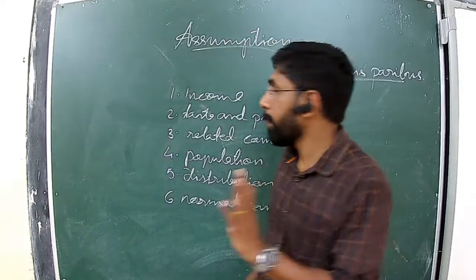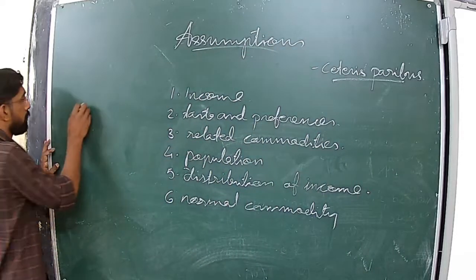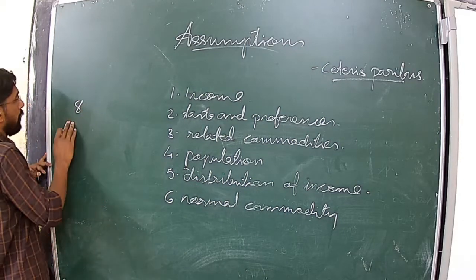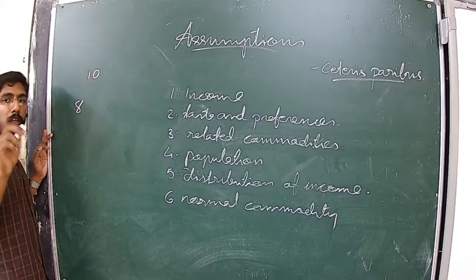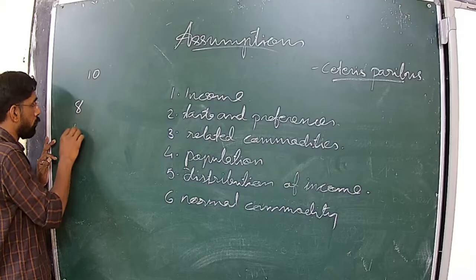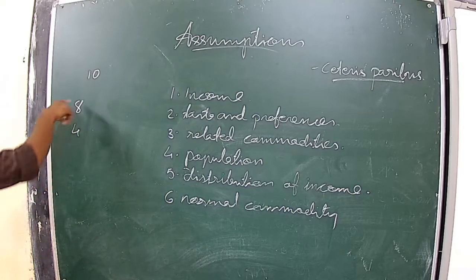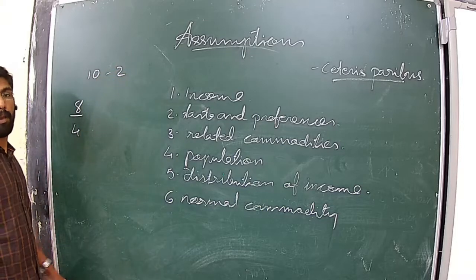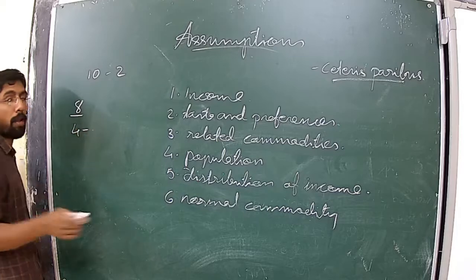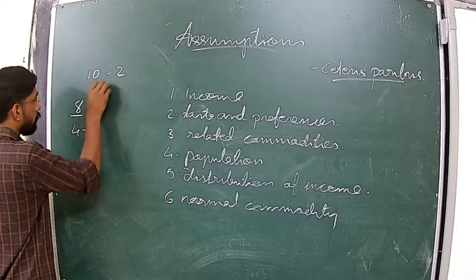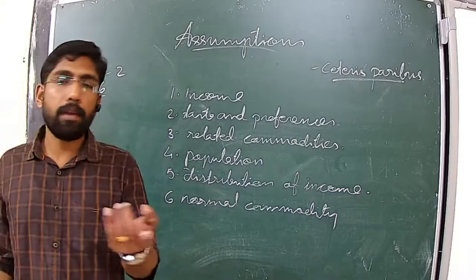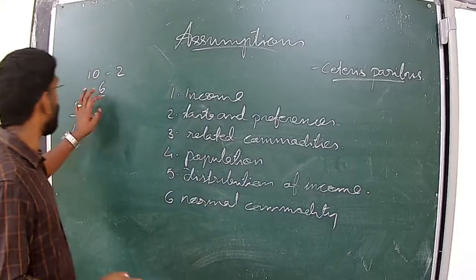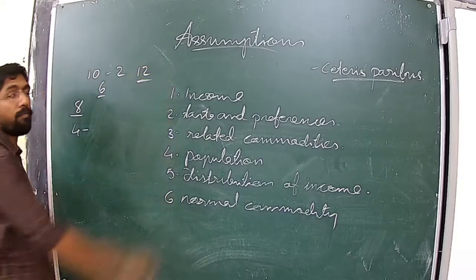I will give an example. Suppose the price of maize for 1 kilogram is 8 rupee, as we have discussed in the previous class. Income is 10 rupee, and if the price of maize decreases from 8 to 4, then after consuming 1 kilogram of maize, he will be having 6 rupee as balance. Then after consuming maize for 2 continuous days, he will be having 12 rupee with him.